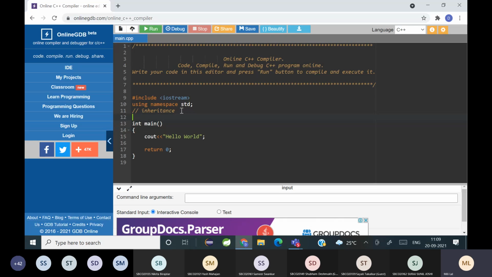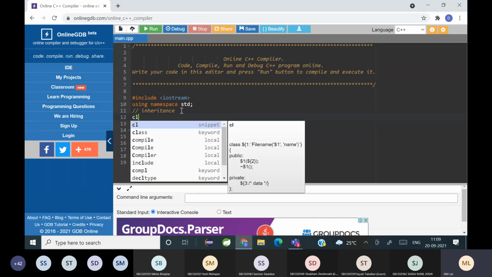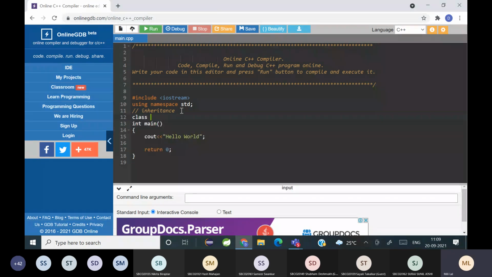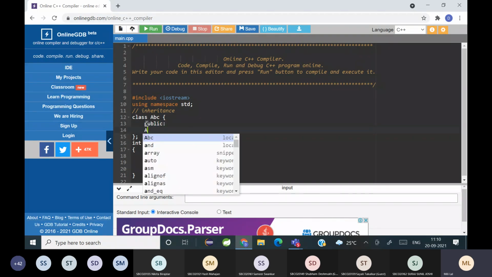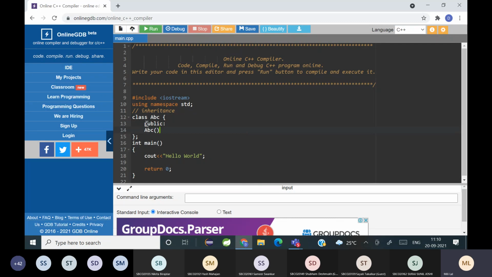Okay, so now how to write it? I'm going to give you a small example. Say class ABC. Okay, a simple example. It's not based on some particular problem statement. I just want to show the working of an inheritance. So we have a class ABC, and the class ends with a semicolon. Inside the class, suppose I write the access specifier public. Okay, and this is my constructor ABC, and in that I'm writing cout,